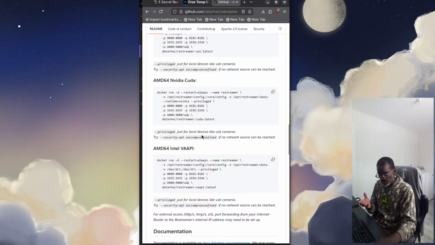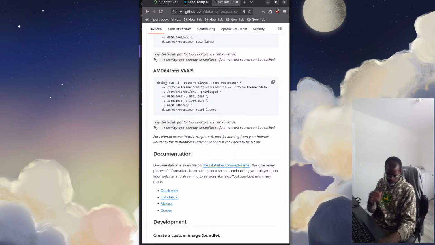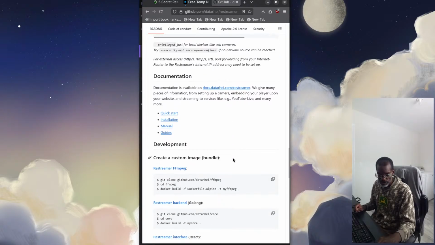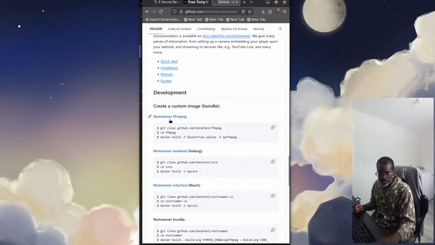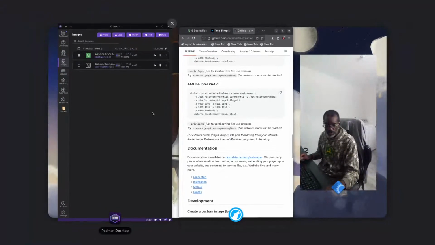It's pretty easy. You can see how to install with just a single command line, but it's Docker, but you can just replace Docker with Podman. I did recently a tutorial, including an article about Podman versus Docker, because that was requested by one of the viewers, so I did that. And then as you can see, you can also build your own custom images if you wish. All right, so back to Podman here.